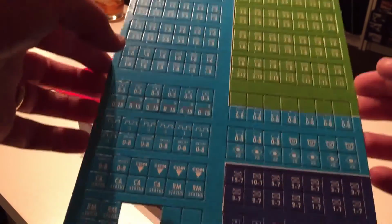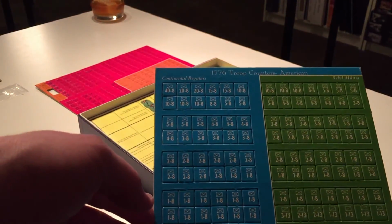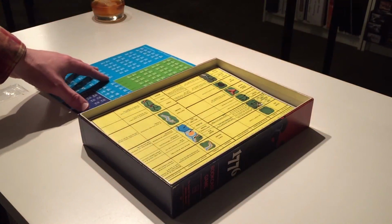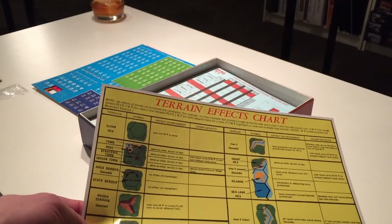Yeah, there's French regulars down there at the bottom. So your Rebel Militia and Continental Regulars. That's all of your counters. Your terrain effects chart. Unfortunately, it is on a